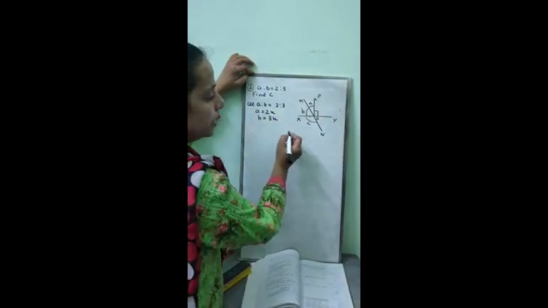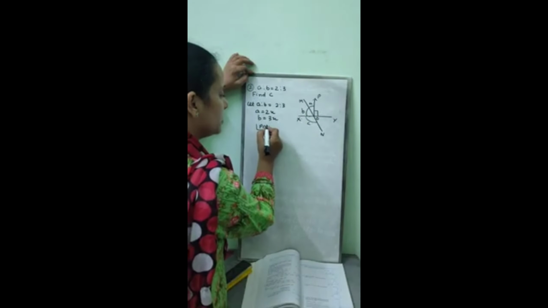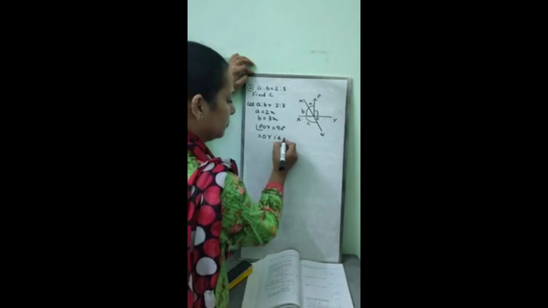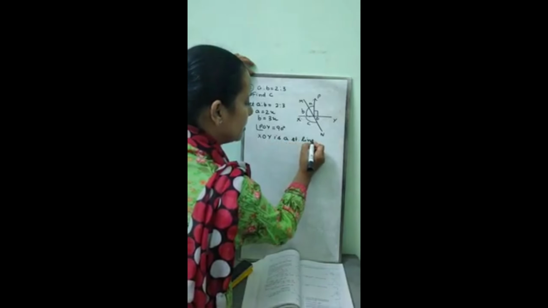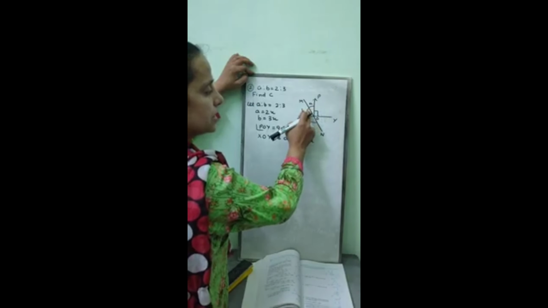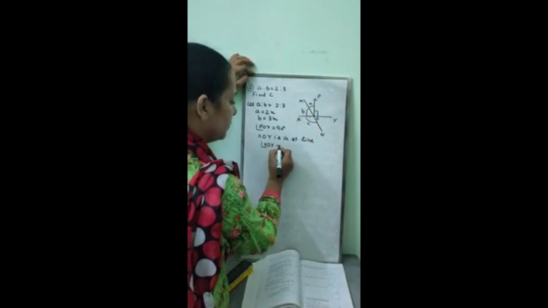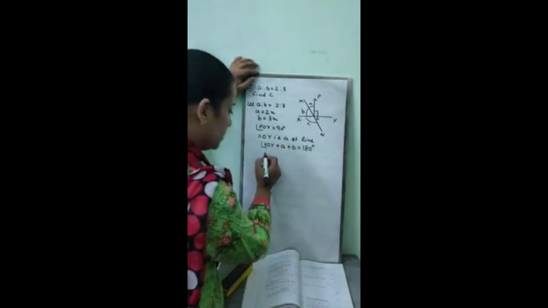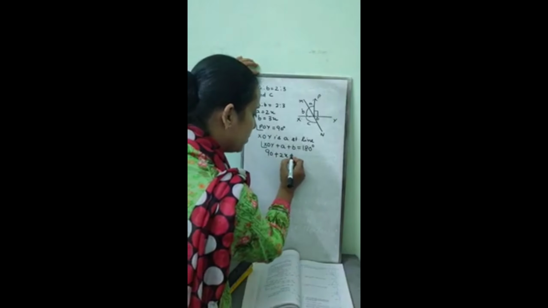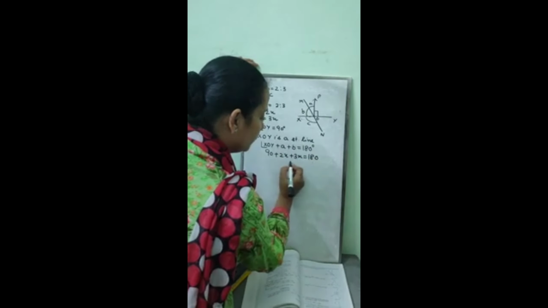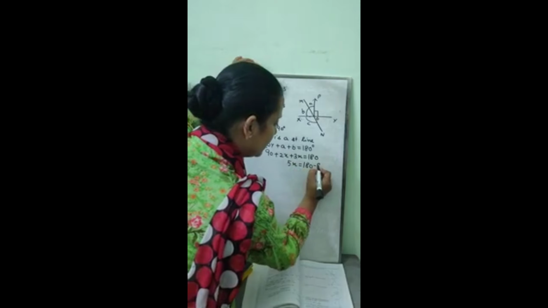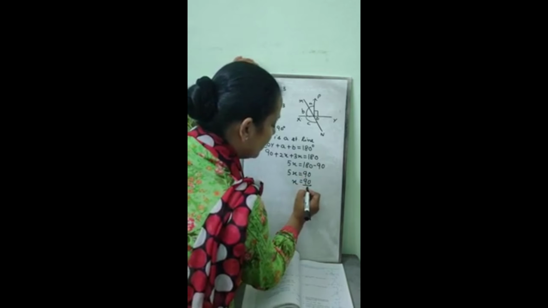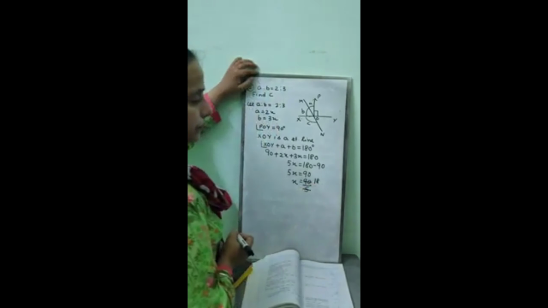Right? Angle POY is 90 degree. XOY is a straight line. If this is a straight line, sum of these three angles, this and this, XOY, A and B are 180. Measure of straight line XOY is 90, A is 2x, B is 3x. 5x is equal to 180 minus 90. 5x is 90, value of x is 90 by 5, 18 degree.